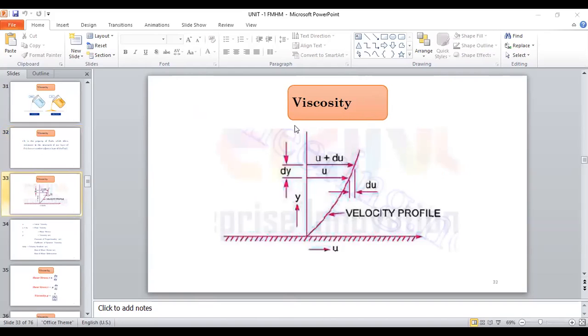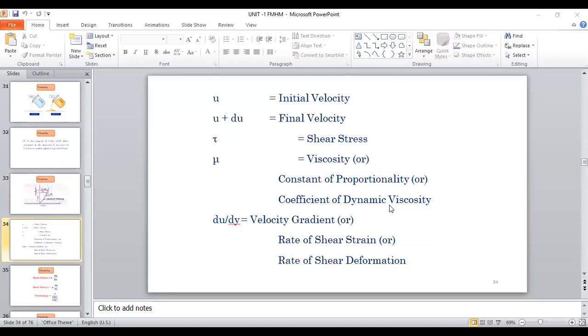Right. So this is a diagram we have seen, where for different layers, what will be the velocity along the direction of y? Nothing but the distance. For the y direction, the distances we will consider for the different layers, and this is the initial velocity for one layer, u, and the next layer, which we are taking at a distance of dy, has velocity u plus du. So this profile which we see here is called the velocity profile or velocity gradient.